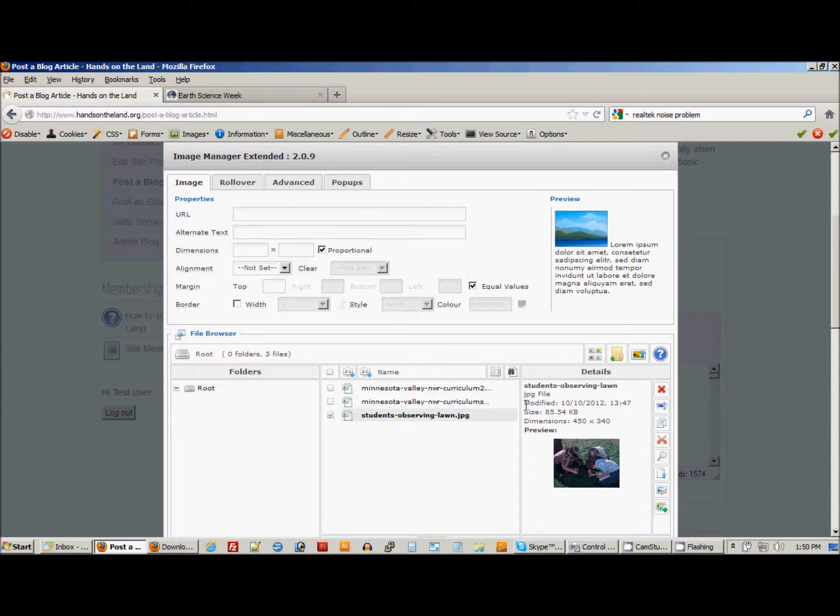Now, in my case, if you click on my image over here, you'll see it is 450 pixels by 340. That's pretty close to 400, so that's a good size. I could just deal with that. But if I wanted to resize it, I could click on it, and there's a little resize tool down here, because sometimes you might upload an image that's 2,000 pixels in width, and that's way too large. So if it was 2,000 pixels in width and you wanted to bring it down to 400 by 240,